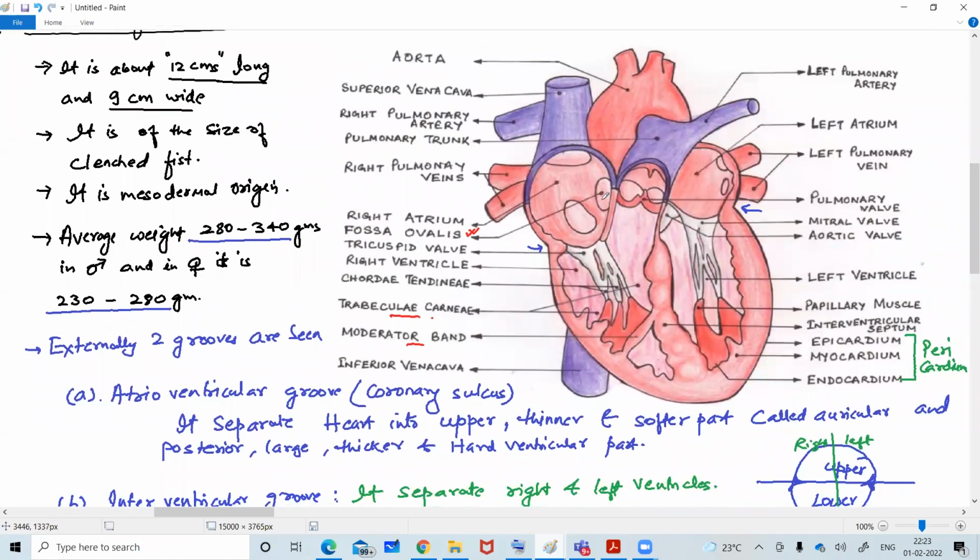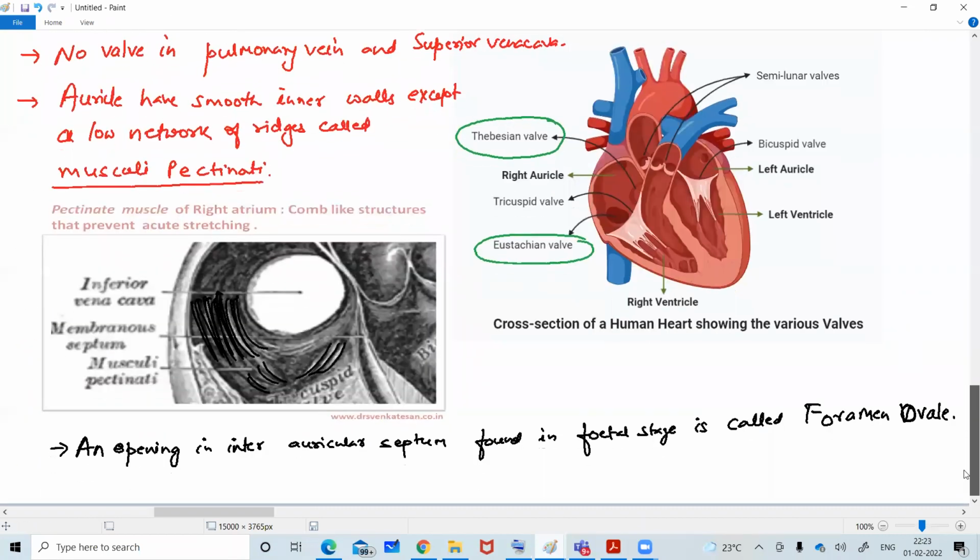This is the fossa ovalis, this one. This is called foramen ovale. This opening closes at birth. When the child is born, at that time, there is a very small pinpoint kind of opening which heals up within 1 or 2 days. So you can say that this opening closes at birth,